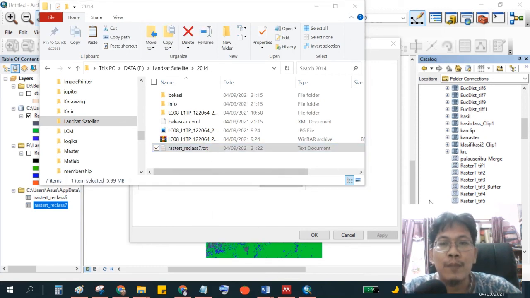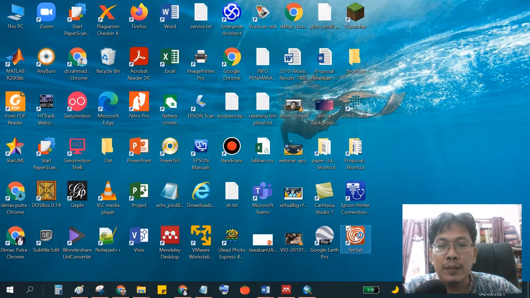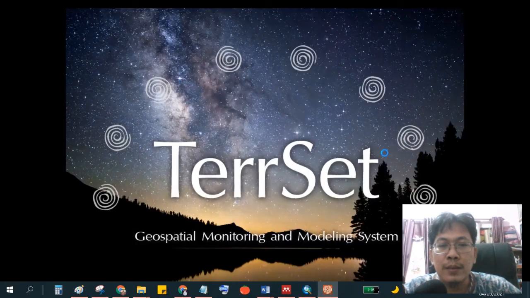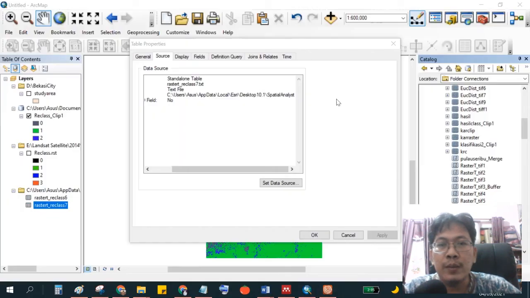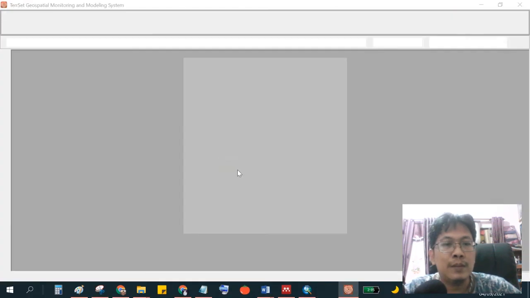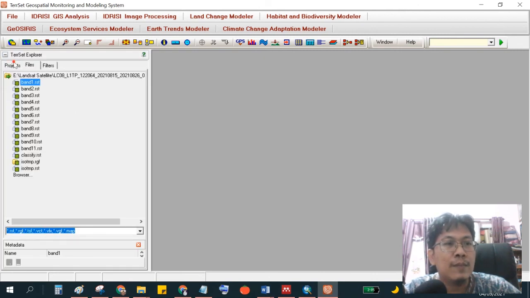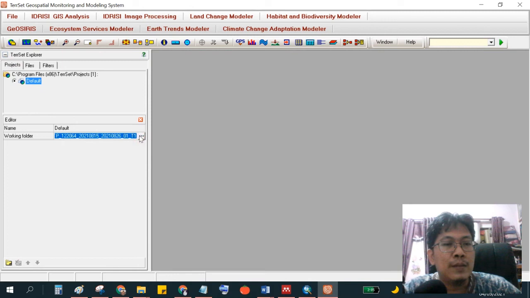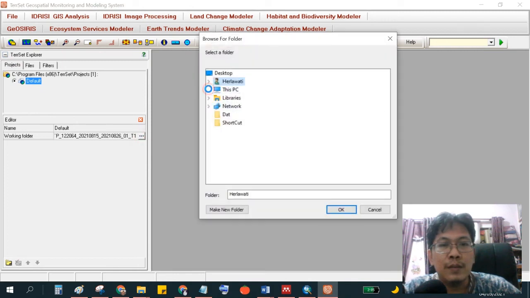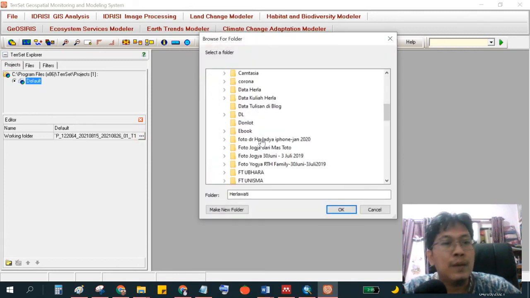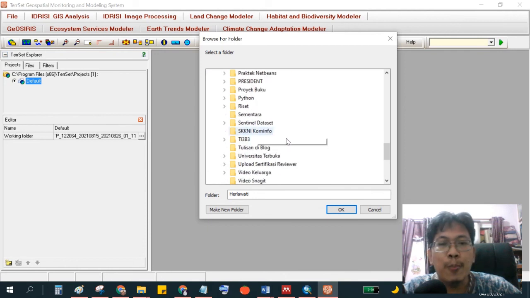Okay, and then we open Idrisi again to import the ASCII file from ArcGIS. First we go to the project folder.